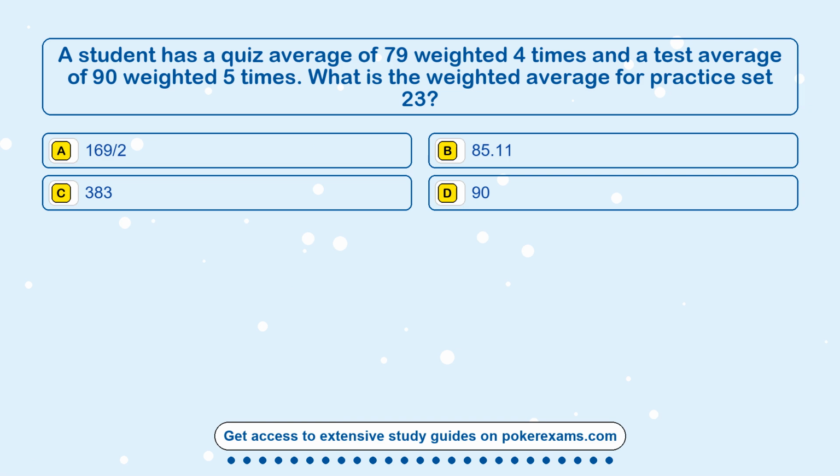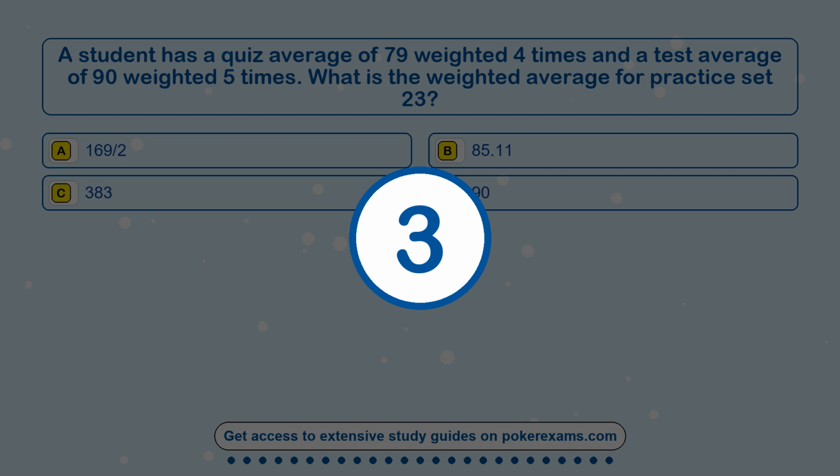Question 20. A student has a quiz average of 79 weighted 4 times and a test average of 90 weighted 5 times. What is the weighted average for practice set 23? Option A 169/2. Option B 85.11. Option C 383. Option D 90. The correct answer is option B,